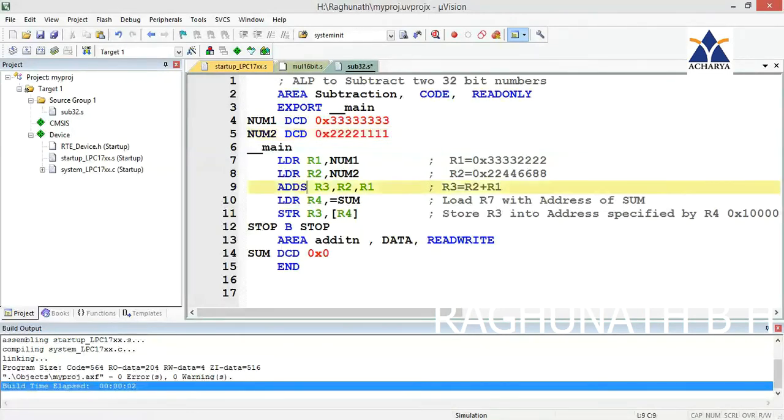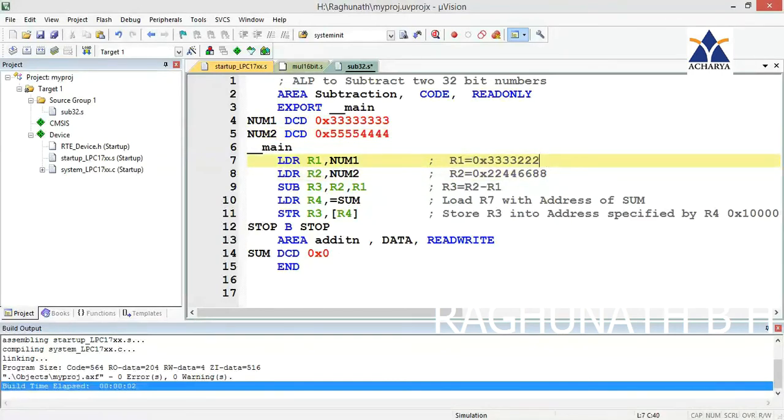Since we are doing subtraction, I will give SUB R3. R3 is the destination, and if I give R2 comma R1, it will do R3 equals R2 minus R1. That is normal subtraction. I will give a higher number here first so that you can see this easily. After that I will show you how to do bigger and smaller numbers.